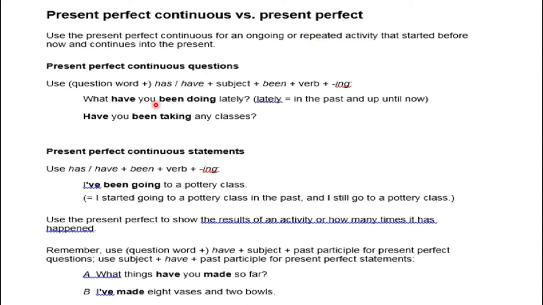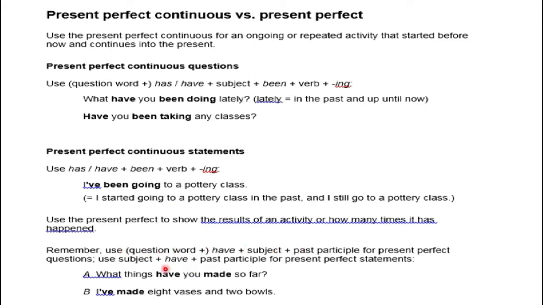Okay, so we already saw in the last tutorial the structures of the present perfect and the present perfect continuous. For the present perfect continuous, don't forget that we have to use have or has plus been plus the verb in ing. And when we ask questions, for example, yes/no questions or WH questions, the structure goes like this: the WH word plus have or has plus the subject plus been plus the verb in ing. Okay? So, remember